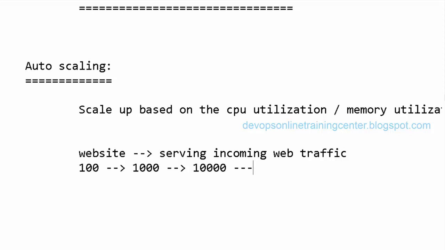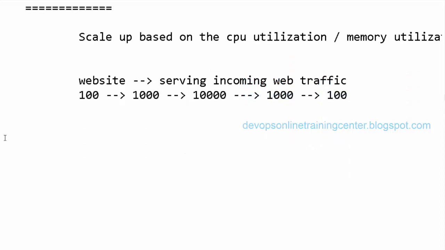So the number of servers which handle the data have to be increased to process the incoming requests. Or after some time it reduces to 1,000 and again 100. So we need to configure it in such a way that if the CPU utilization of the server is increasing, it has to scale up automatically.